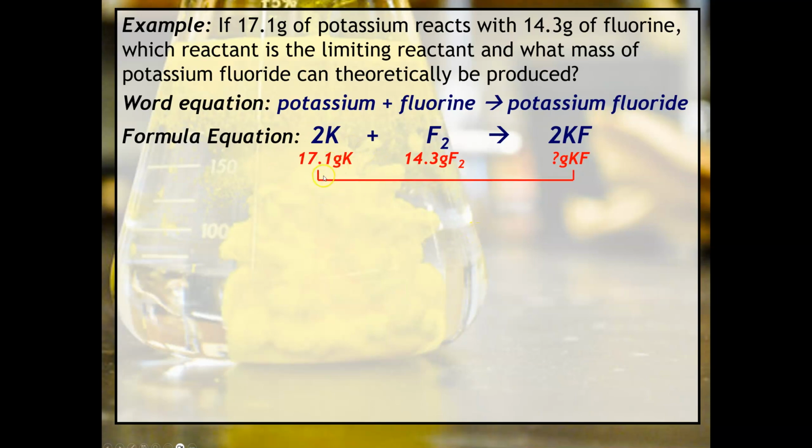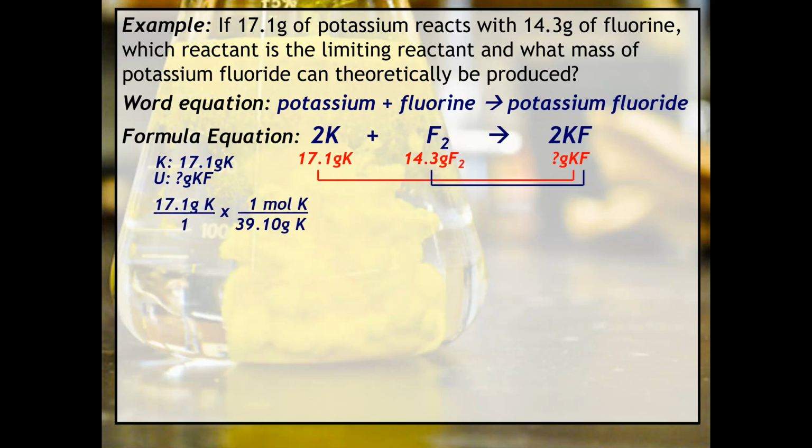In this example, we're going to go gram to gram from potassium to potassium fluoride, and we're going to do a gram to gram from fluorine to potassium fluoride. So we're going to take 17.1 grams of potassium, and we are going to find grams of KF. We're going to go 17.1 grams of K times 1 mole of K divided by 39.10 grams of K. Then we're going to use the mole ratio, 2 moles of KF to 2 moles of K,